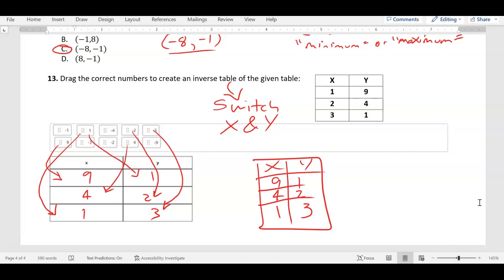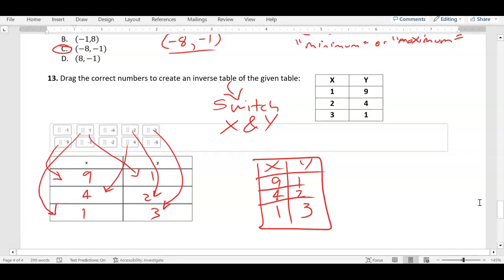So that is your review. Your test is tomorrow. It's very similar to this review, so make sure you study and bring this